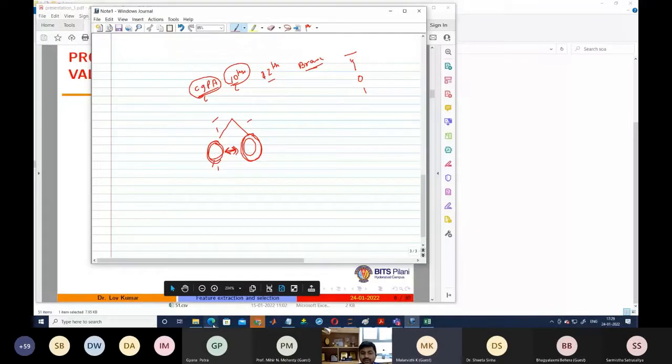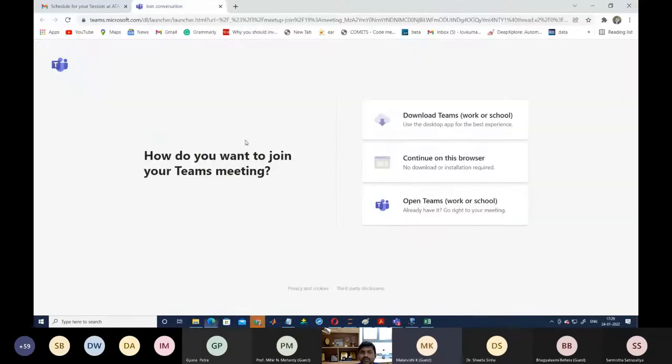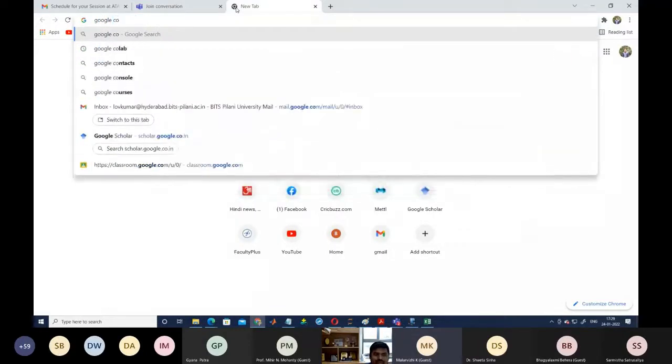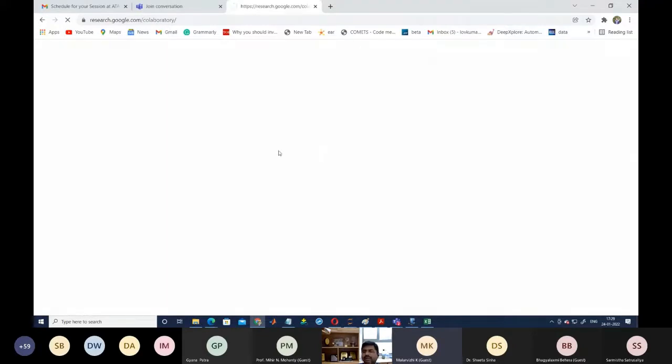So now you can see we are going to write one Python code. If you have Python installed in your system, that is fine. Otherwise, you can also use one tool called Google Colab. There is no need to install Anaconda in your system. Directly, you can write your Python code in Google Colab.